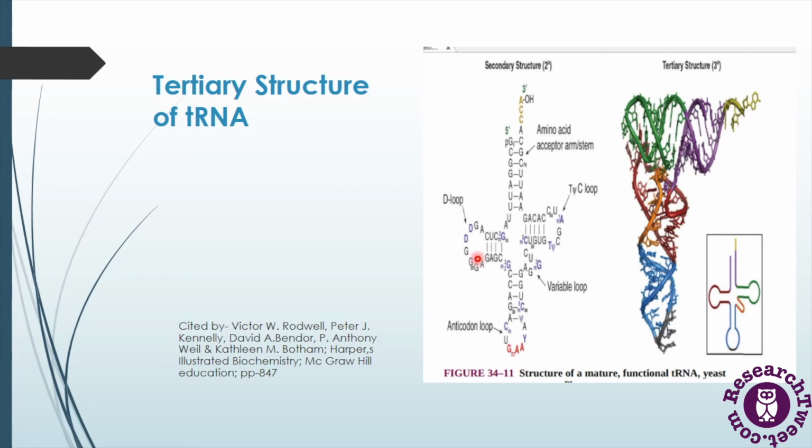Now this is the tertiary structure of tRNA or transfer RNA, and the structure resembles an inverted L-shaped structure, because here the D loop and the TΨC loop align together and the extended helices are aligned at a right angle. The structure is produced due to the hydrogen bonding between nitrogenous bases of the secondary structure of tRNA.